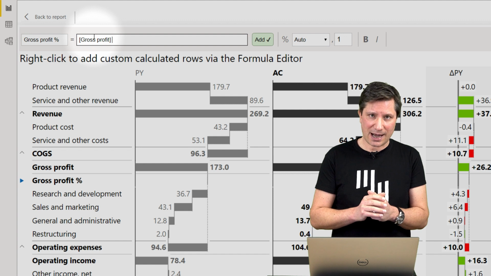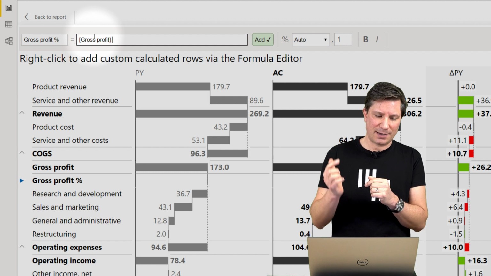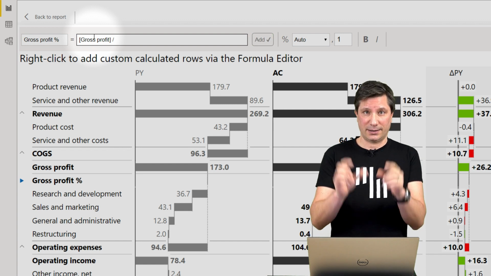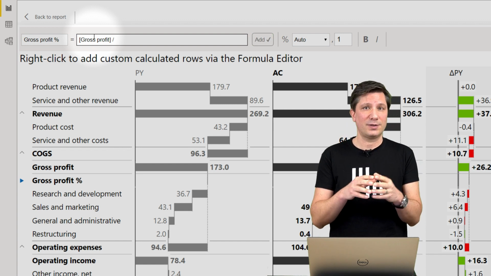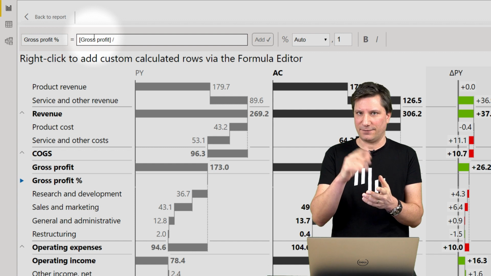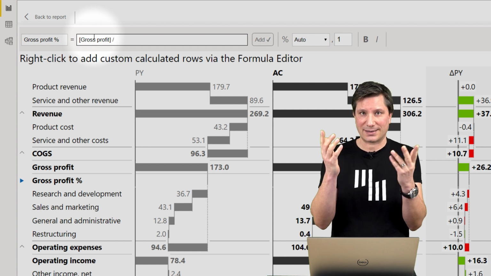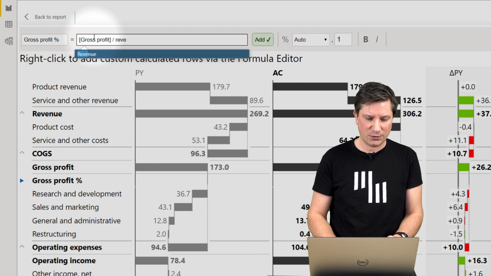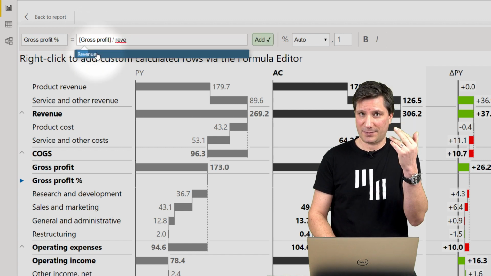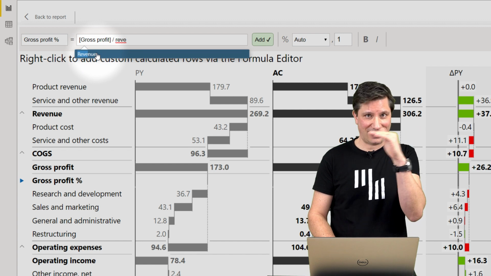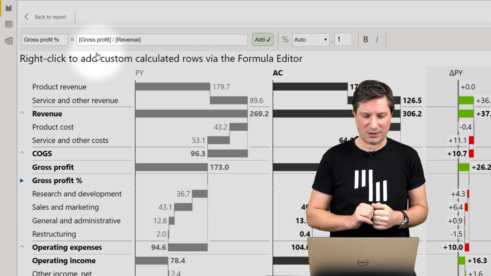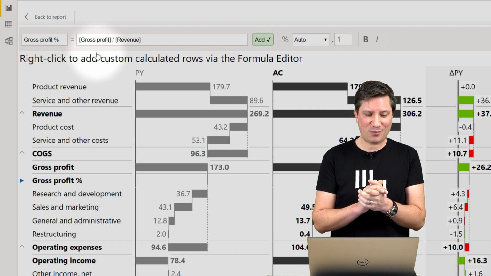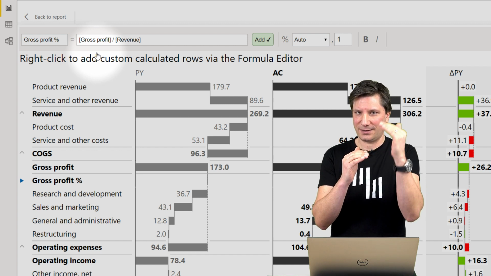All right, now I will divide this by my revenue. So I simply type the division symbol. You can use any math symbol like division, multiplication, plus, minus, and so on. And so I'll divide this by the revenue. Again, Zebra BI has found an element called revenue, so you can click on it or press Tab, and this is my formula, gross profit divided by revenue.